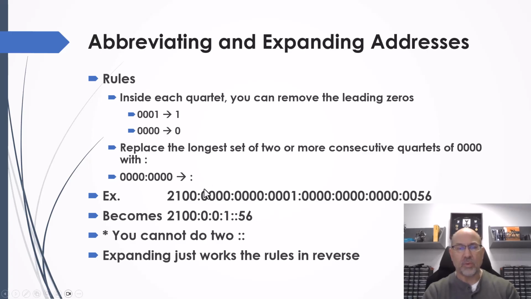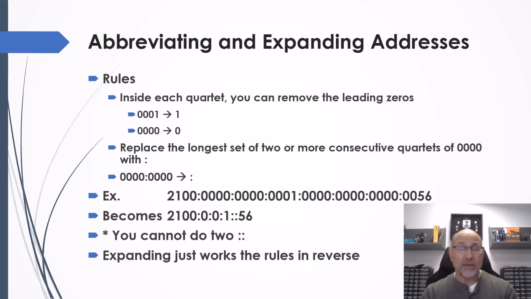But this one here, we're just going to suppress the leading zeros. So we still have 2100. We can't suppress the following zeros, but this second quartet becomes just 0. This quartet becomes just 0. 0001 becomes just 1. And then we can replace all of these with a colon, and then we suppress the leading zeros again. So if you see a double colon just like that, you know that's where a whole bunch of zeros were replaced. Now, you can only do this